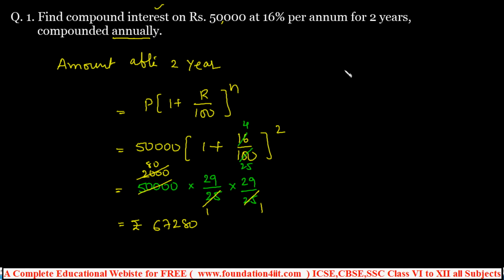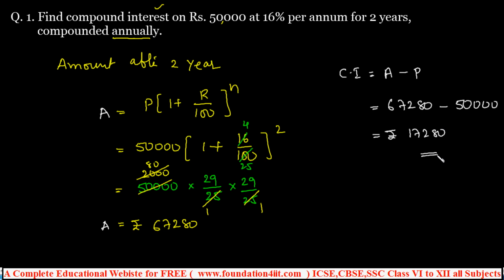Okay, find the compound interest. So the compound interest formula is amount minus principal. Always, formulas are for the amount only. This is the amount A, equal to 67,280. From this the principal 50,000 you have to subtract. Now that is the final answer for our problem: 17,280. This is the compound interest. In any type of problem in compound interest, the basic thing is you must remember the formulas. Whether it asks compounded annually, half yearly or quarterly, based on that we can take the step according to the 5 cases. Another type of questions also we'll see, using other formulas.